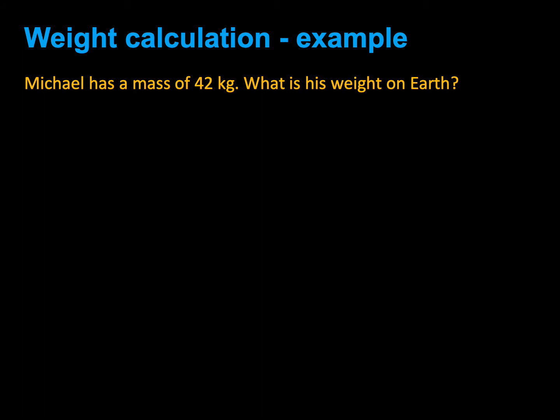Well, the solution, of course, always begins with our listing of the variables, W, m, and g. Notice, of course, that the 9.8 newtons per kilogram is not given to you. You're expected to know that if you're on Earth, the gravitational field strength is 9.8 newtons per kilogram. You can always look it up in a data table if required, and if it's for another planet, you can do the same. So we state our equation,